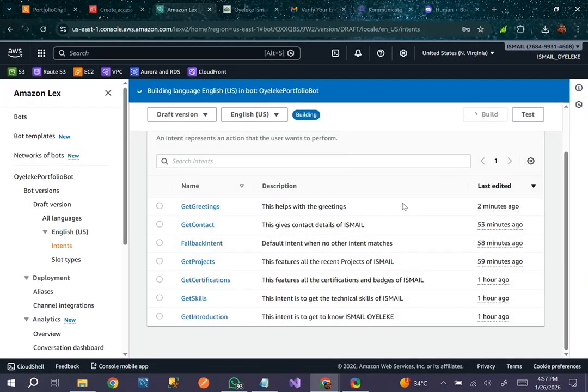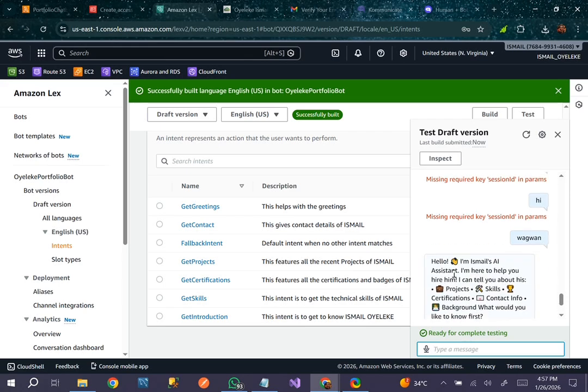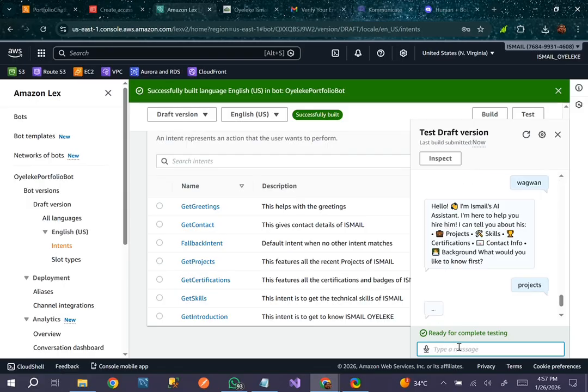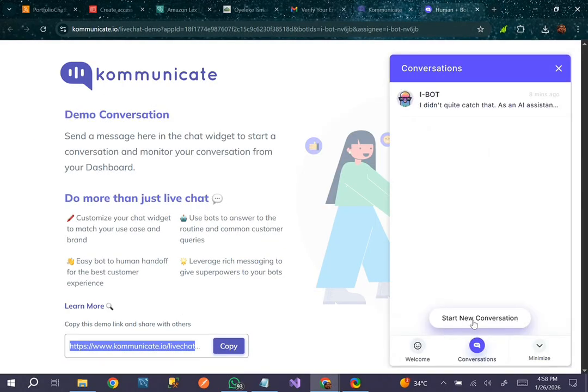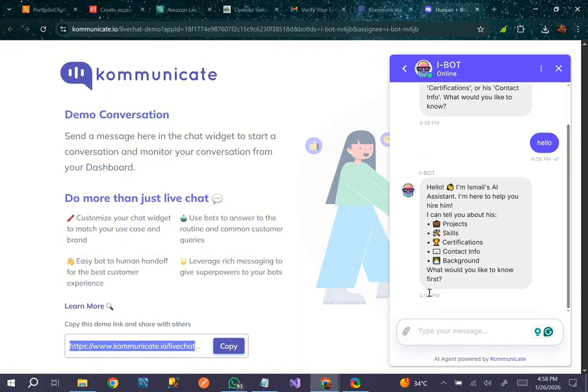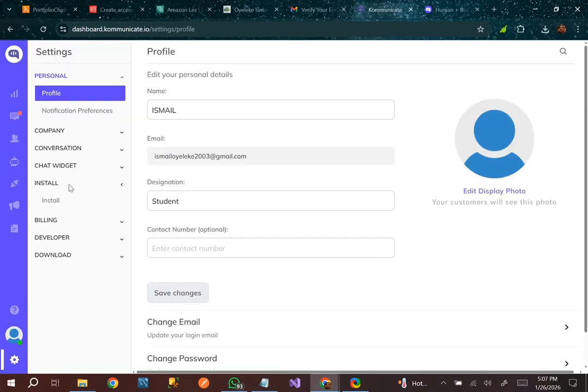and after we rebuild and it is successful, now we can test and try wagwan, and it should be, yeah. Hello, I am Ismail AI agent. So everything seems to work okay. Project is okay. So the next thing that we need to do now is just to test it here. And everything seems fine too on our communicate.io website. So everything seems okay. And now for the front-end integration into my website, you just come here, settings, and then